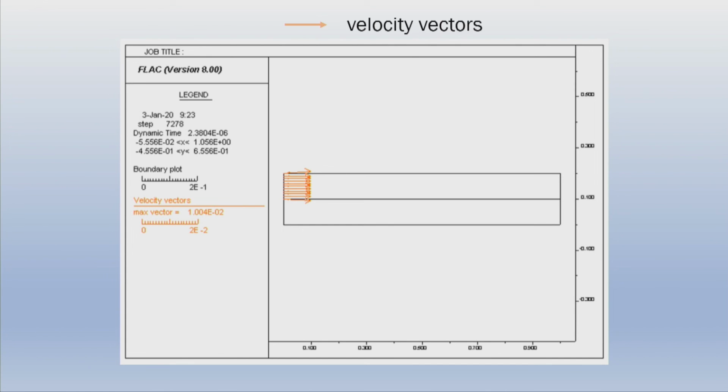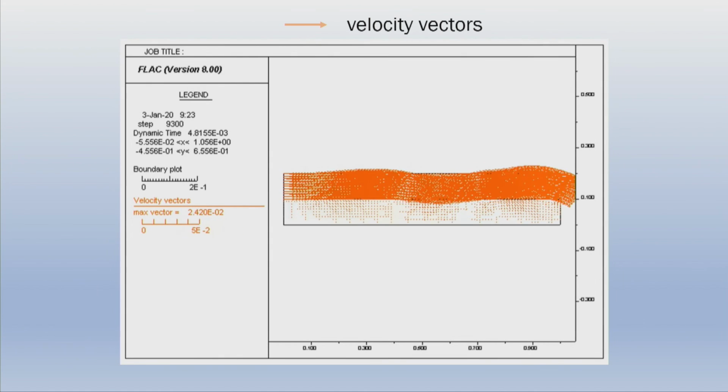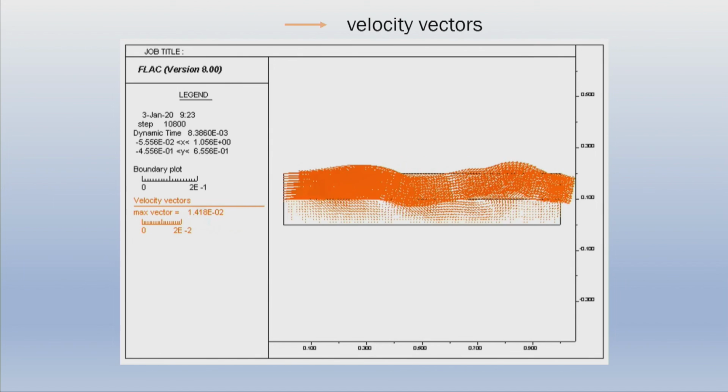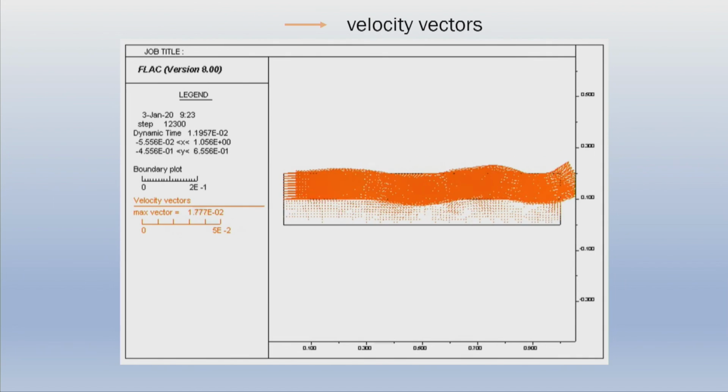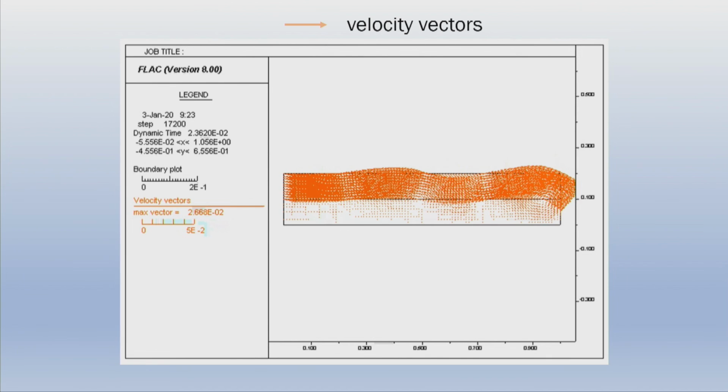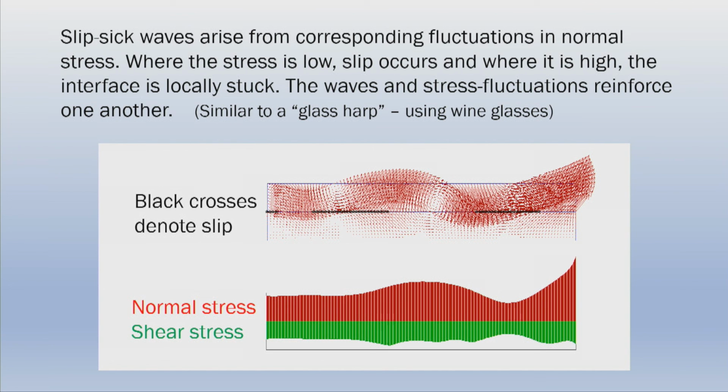This is what happens when we run it with FLAC. These are velocity vectors. So it's just starting off now. It's a bit like a flag waving in the wind. But so what the heck's going on? Well, in fact, these are